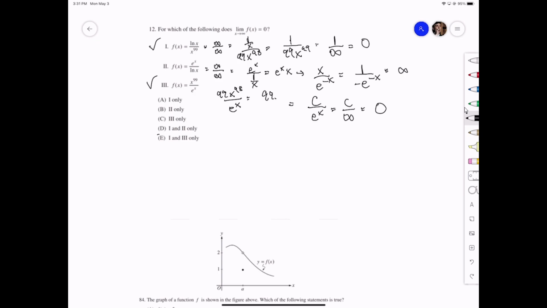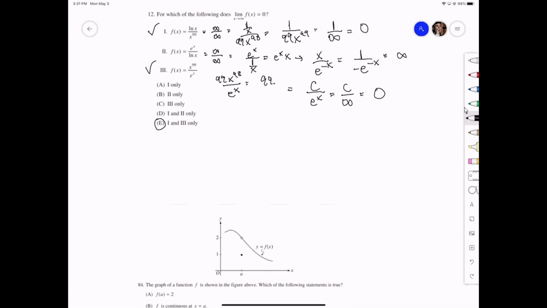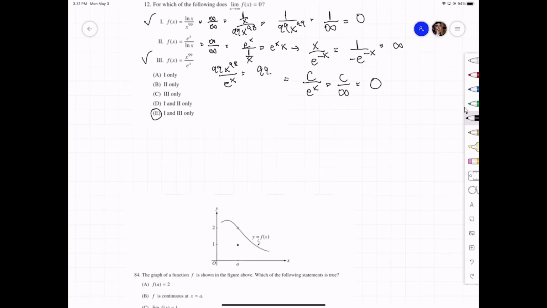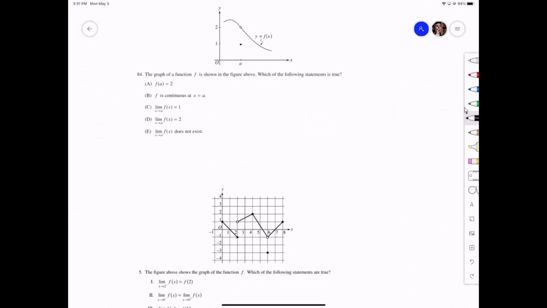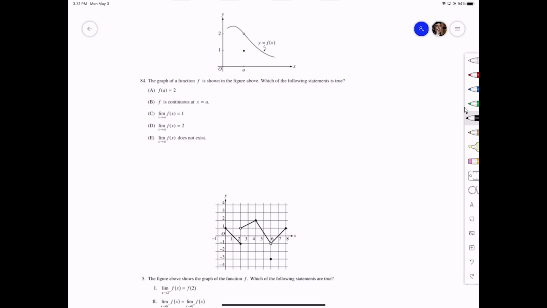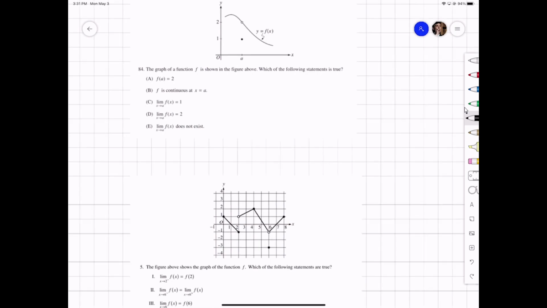So 1 and 3 both work. Does that make sense? How you can get a constant? Yep. Okay. Will the constant be 99 factorial? Is it not? Yeah, wait, yeah, it actually would. Okay, so